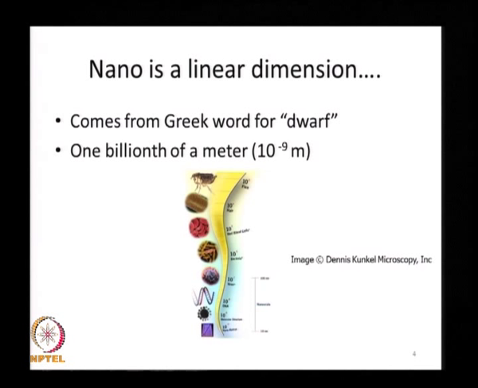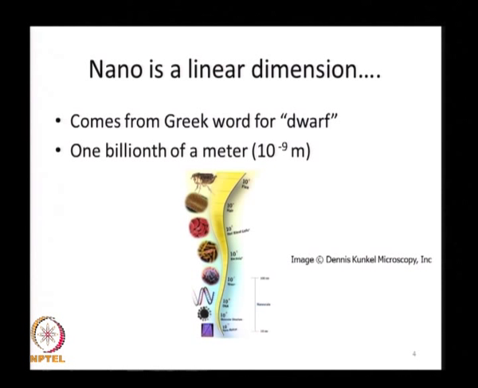But what is nano? It is a dimension. It is nothing more and nothing less. Nano is a linear dimension. It is actually derived from the Greek word for dwarf. So, clearly the connotation of small size is there, and it is 1/1000th of a meter or 10 to the power minus 9 meters. Now, just to give a perspective of what that is, if you look at various objects that we encounter in life and look at their dimensions,